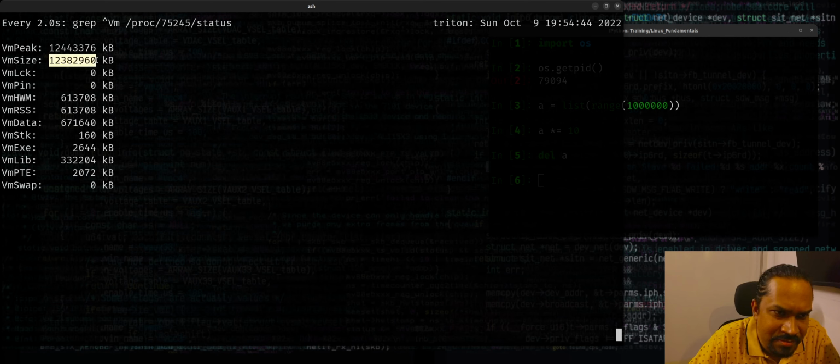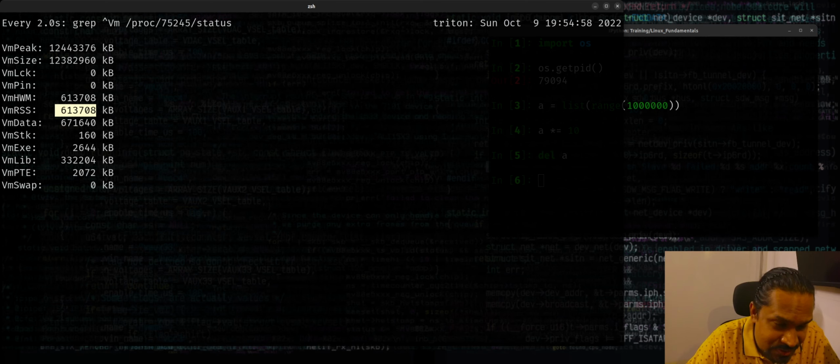You can see the memory usage. Well, it looks like it's allocated a large amount of virtual address space. The physical RAM usage might be going slightly higher, or you don't see much changes in here. If you don't see much changes, that means it is pre-allocated memory and is recycling it using a memory pool. That's what it is. But if the memory usage just keeps going higher and never drops down,